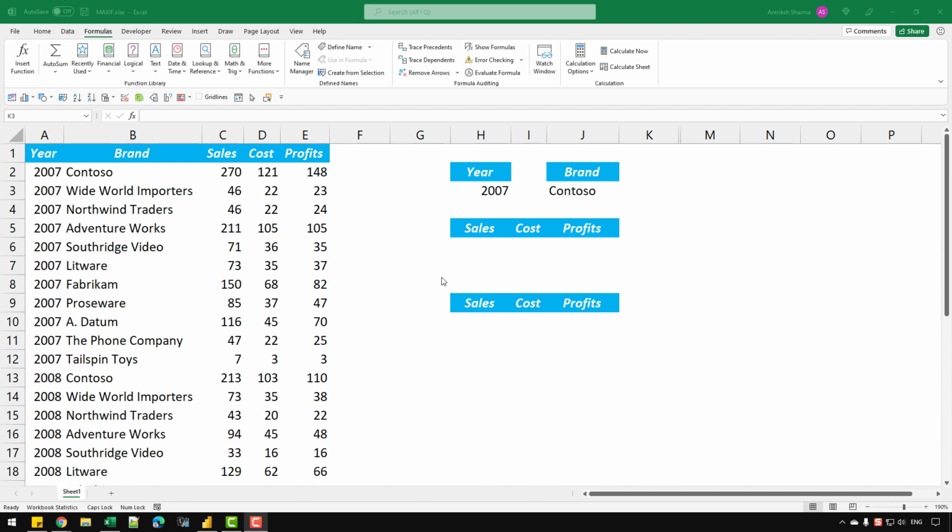Hey everyone, in this video let's see how we can use a combination of max and if function in Excel to identify the max value in our dataset based on a condition given in a cell. So in these cells, which are H3 and J3, I have a dependent drop down list which simply has the